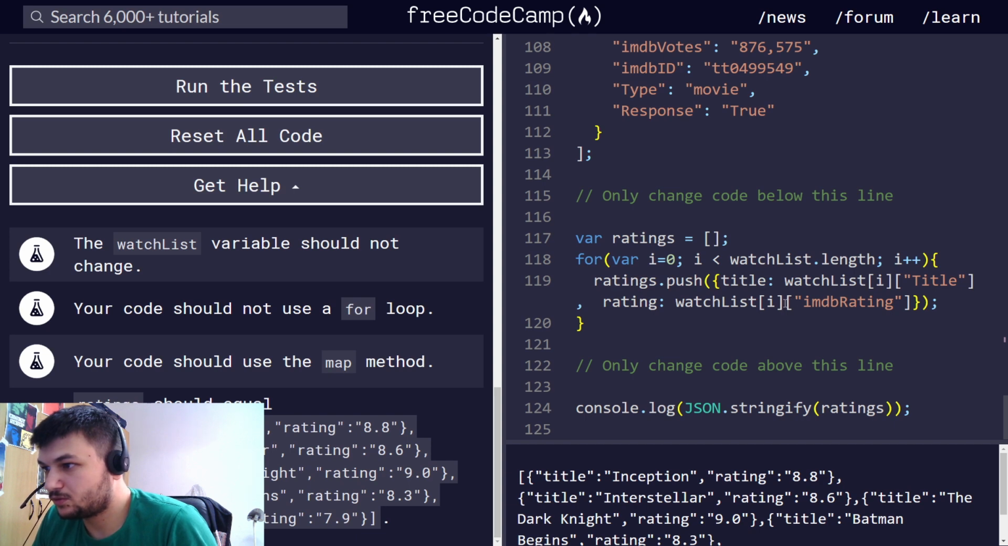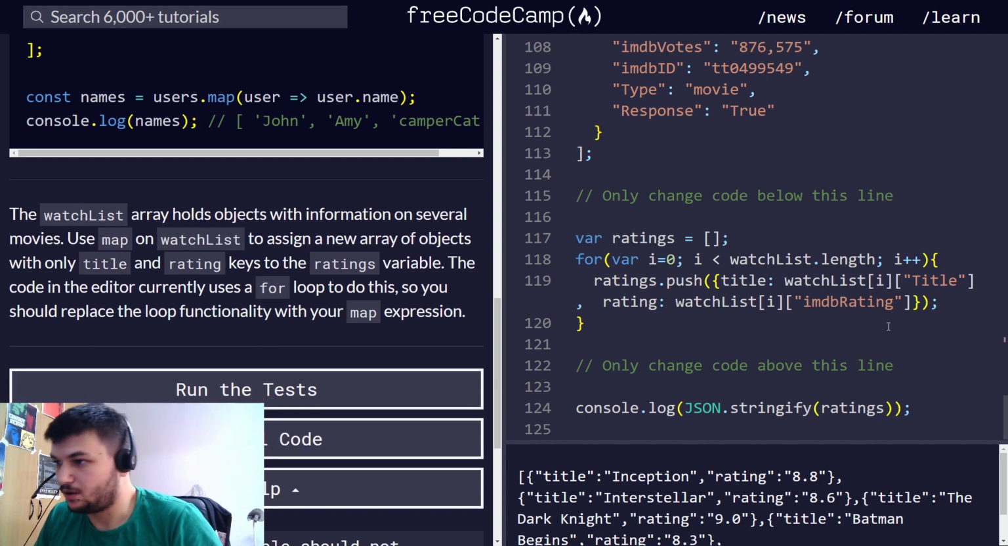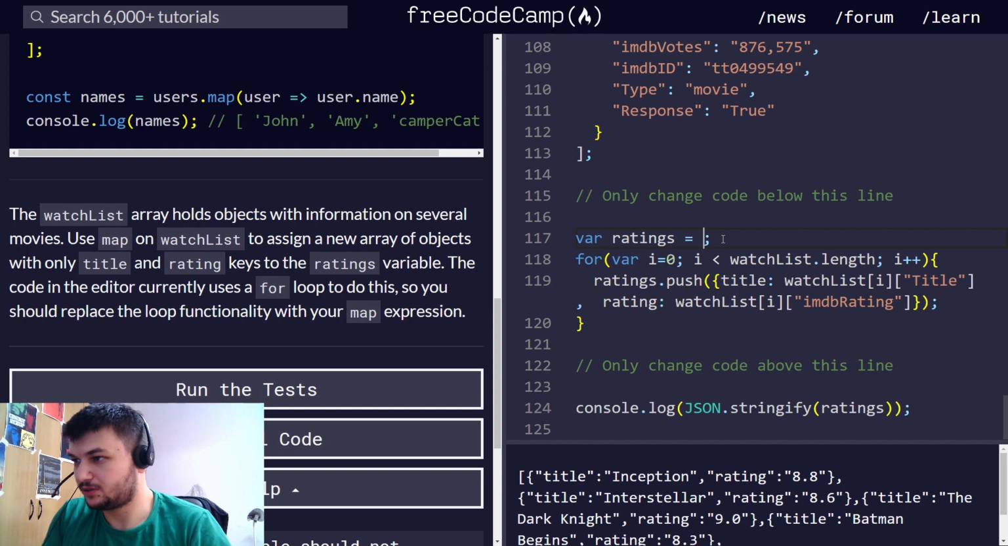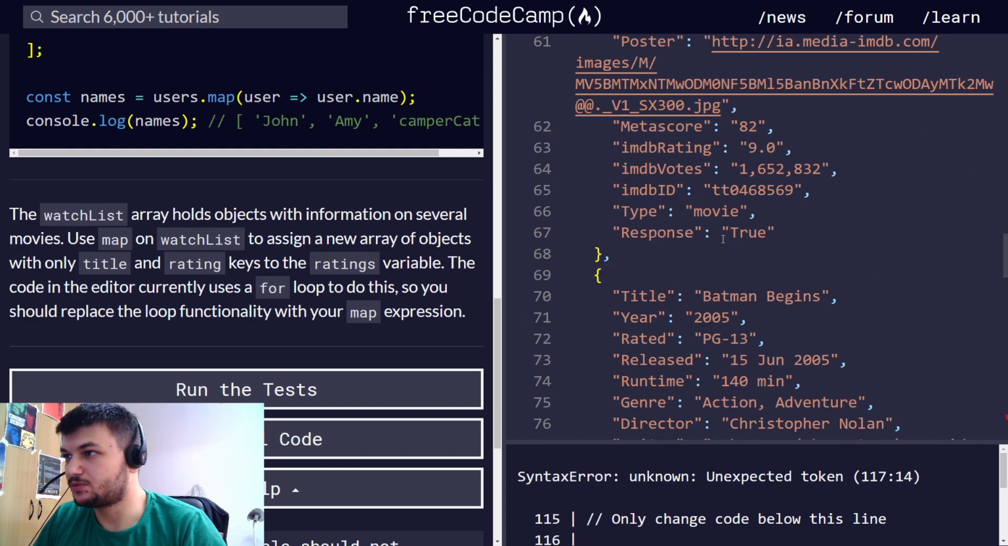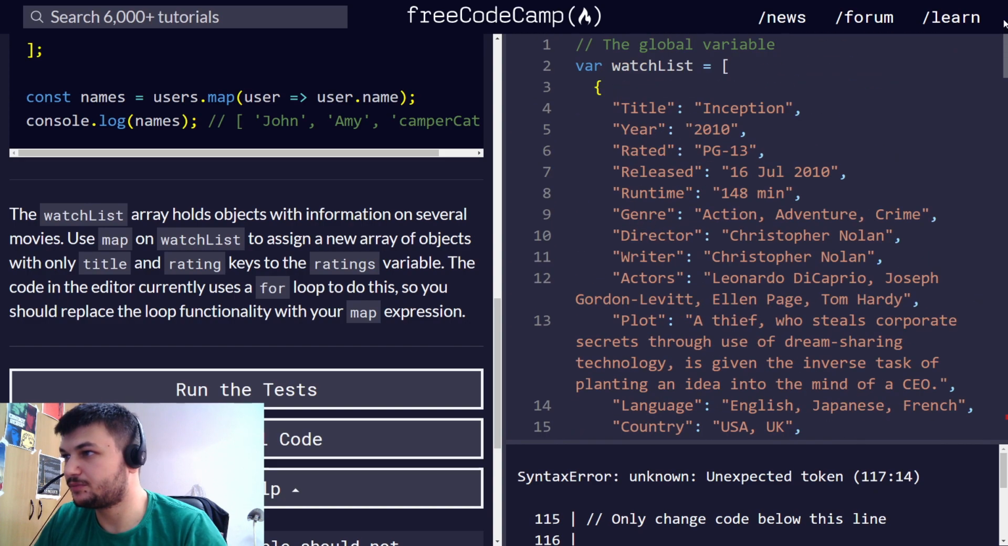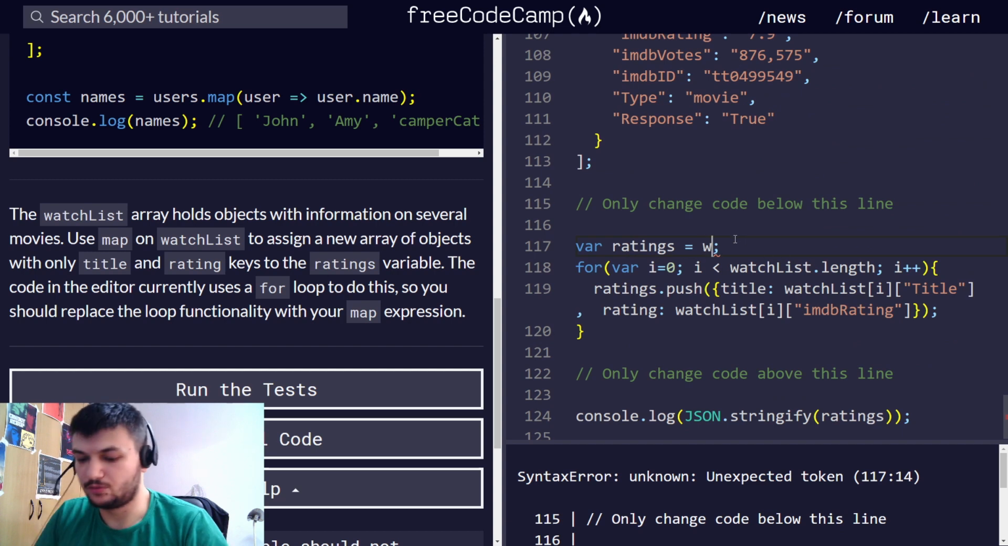So now what we need to do in this case is just use map. We have the variable ratings, and we can do it like this. We're going to do movies. What was the name of the variable? I can't remember. Oh, watch list. Okay, so we're going to do watchList.map,